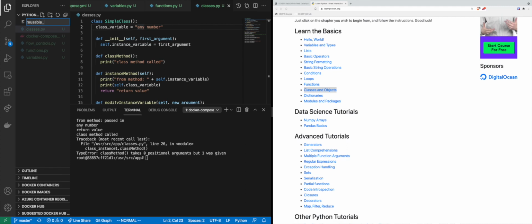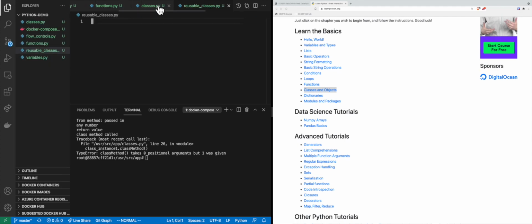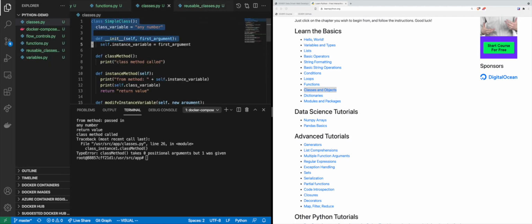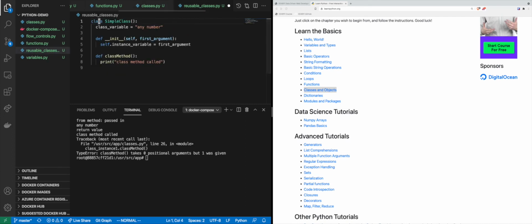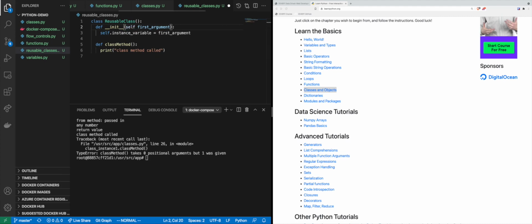Reusable classes, and we'll just take this very simplistic portion of it. Reusable class. We don't need a variable here. I guess we just don't define it either. So here's our class,